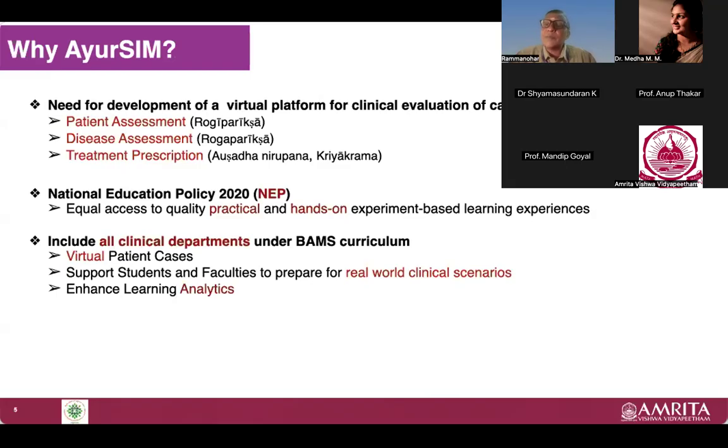Darshana sparshana prasnai parikshedacha roginam. That is the classical basis for starting this whole process with Rogi Pariksha. Darshana sparshana prasnai. So darshana, of course, here it is digital, sparshana and darshana and prashna. But all these elements are included in this virtual platform so that Rogi Pariksha happens as instructed